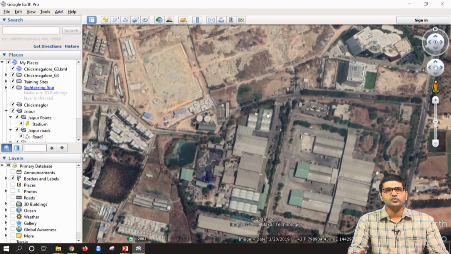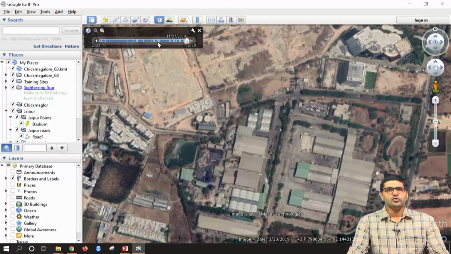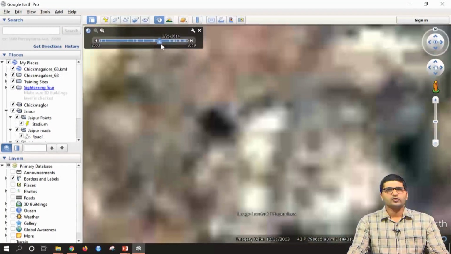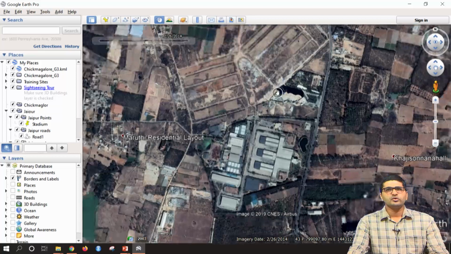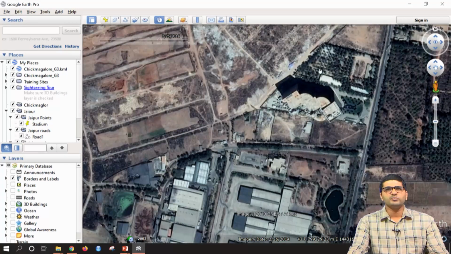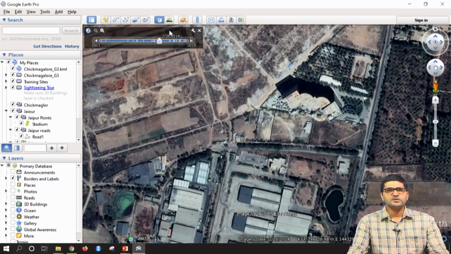Suppose you want to view the imagery from 2-3 years back, how do you do that? You just need to go here. There is an option to show historical imagery. If you go here, it gives a timeline. If you slide back to around 2014, it looks something like this. You can clearly see there was a high-rise building which disappeared from this place.